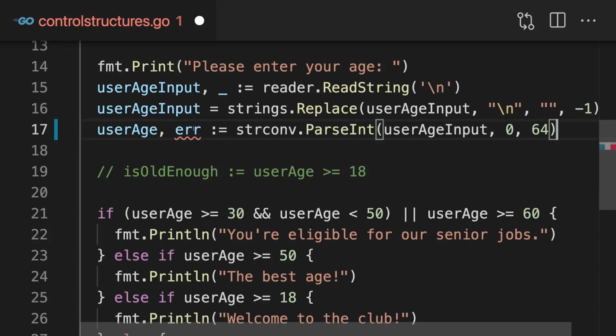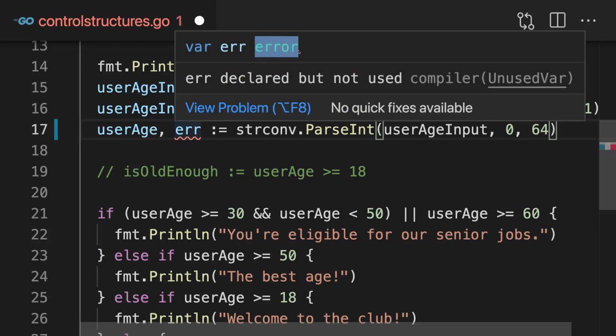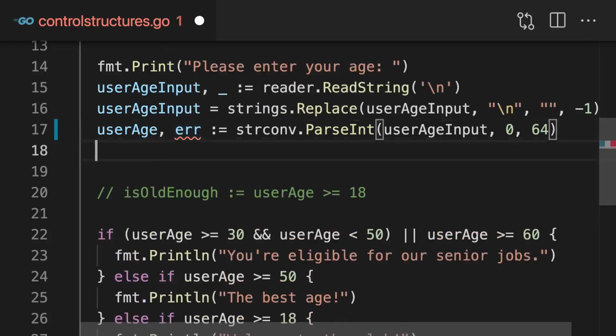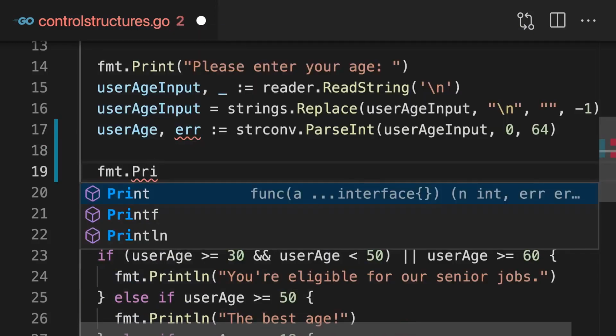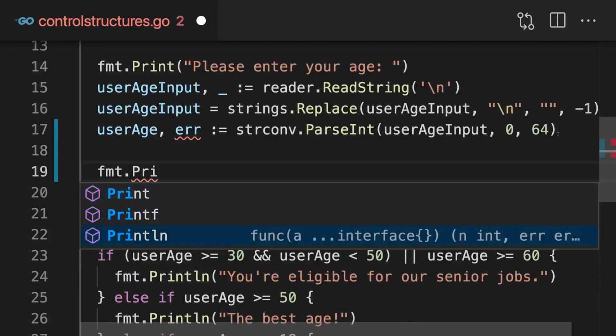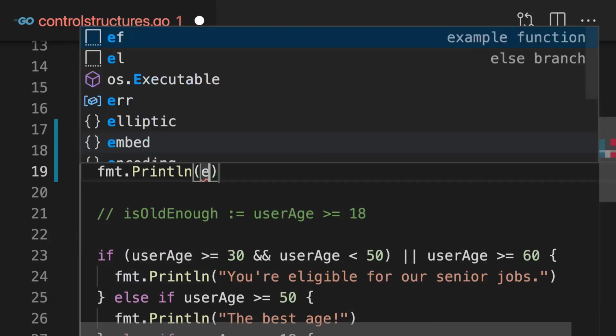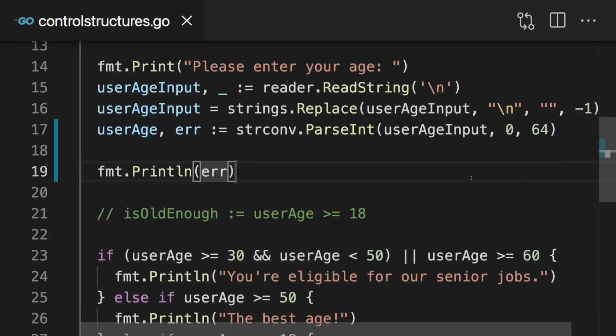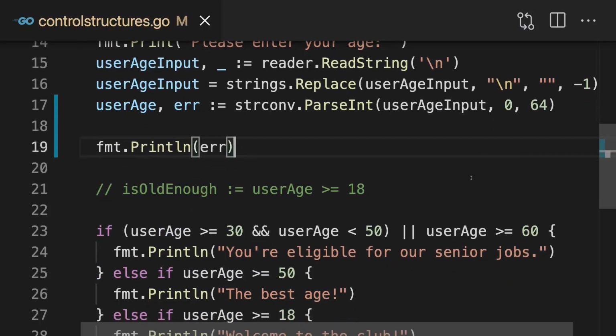Now, what is this error thing? It's of type error. But what is this error thing? Well, let's maybe just print it to the command line so that we can look inside of it. So here I'll print err. Now with that change made,